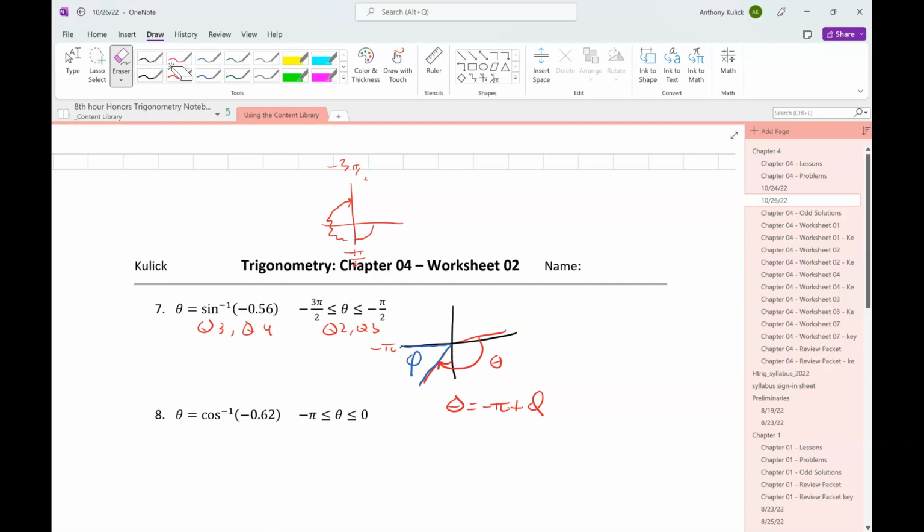Right? So you have to be careful about those negative angles because your intuition gets reversed. But if you just think about it for a minute, which one's smaller? Now when I do this on my calculator,